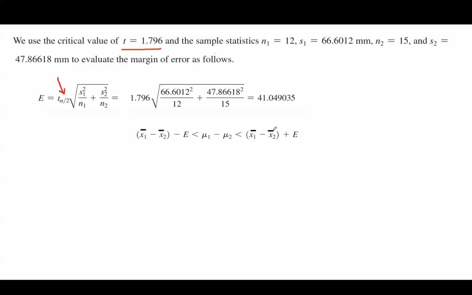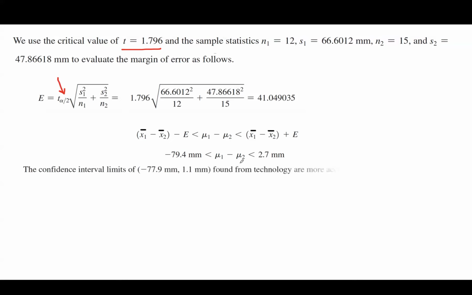X1 bar, X2 bar, and now the difference between population means is between negative 79.4 and 2.7 on the right-hand side. So basically, the difference between population means includes 0. The confidence interval limits of -77.9 and 1.1